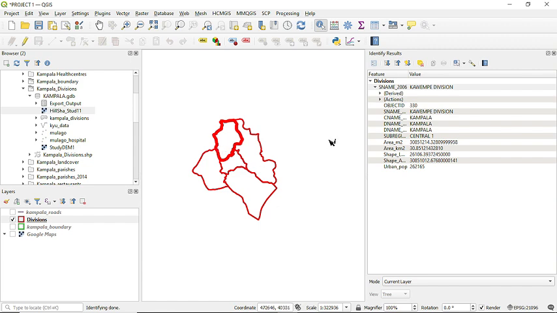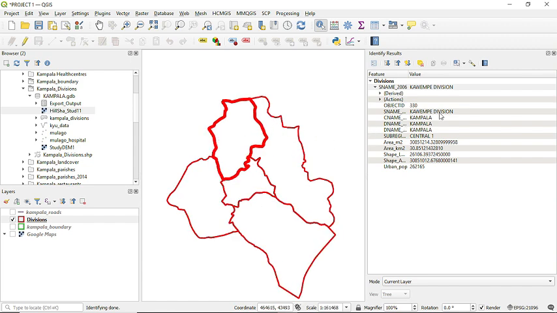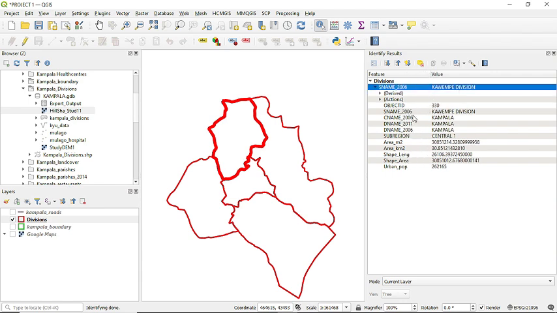As you can see, we have its name. Let me expand this. We have the name as of 2006. Kampala. The district is Kampala Central. The subdivision is Kampala Central. You can see that the area in square meters is this. Area in square kilometers is this. The shape length, this length here. The perimeter of this Kampala division, you can see it here. The urban population, we can see it here. So that's how you use that. So I can also come here. When I click another region, you can see that it goes to the newly selected region, which is Nakawa division. So that's how we use this attribute, the measure